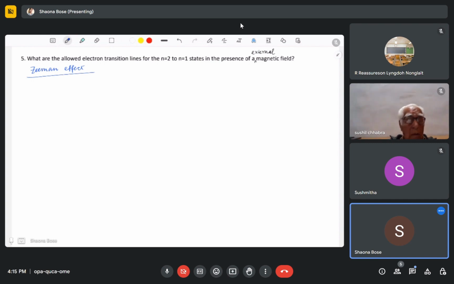Okay, so now, there are two kinds of Zeeman effect. One is the normal, and the other is the anomalous. What is the difference between these two? The difference is,